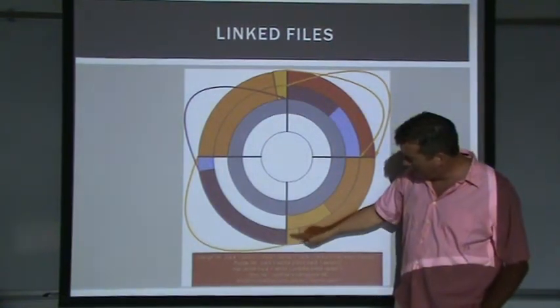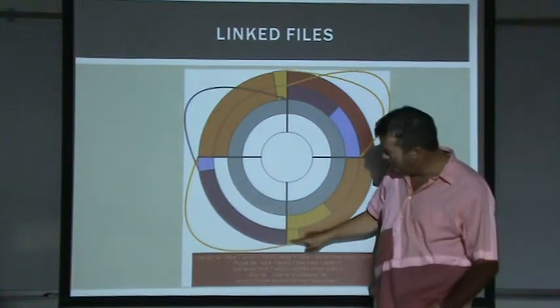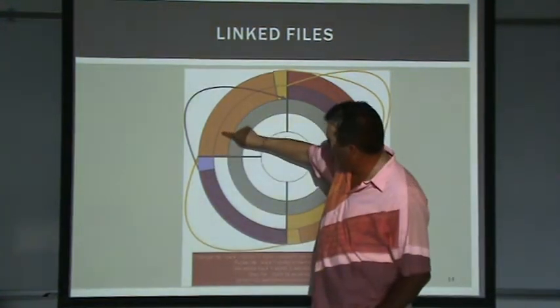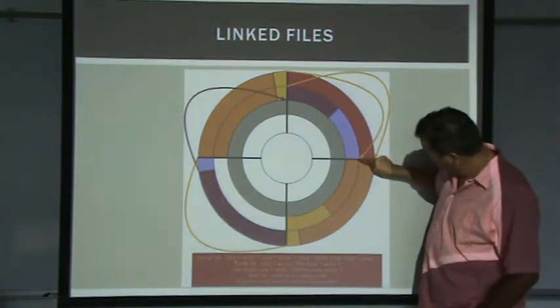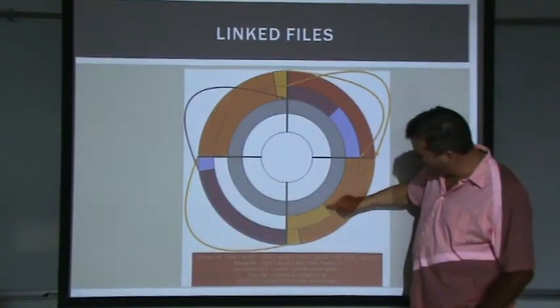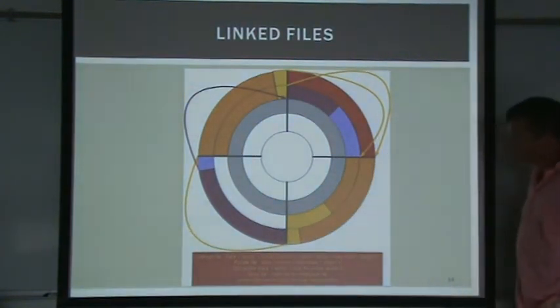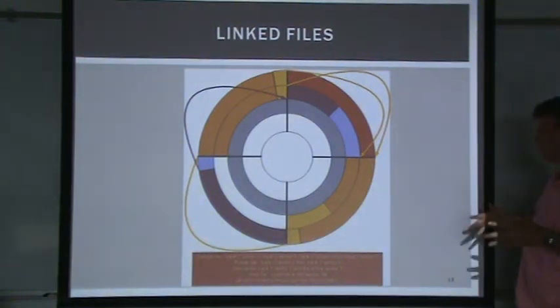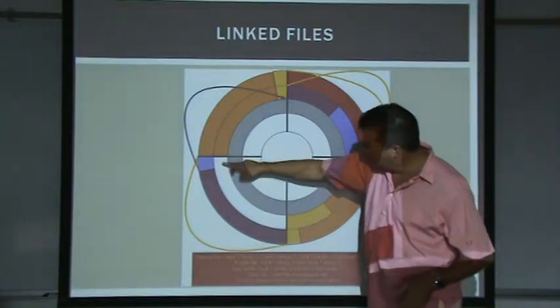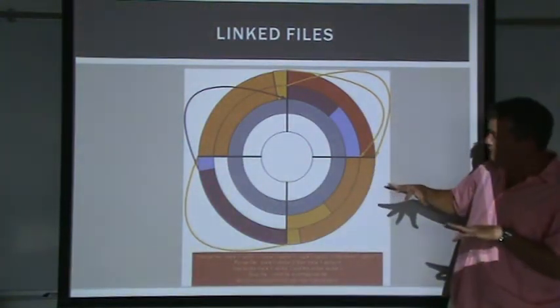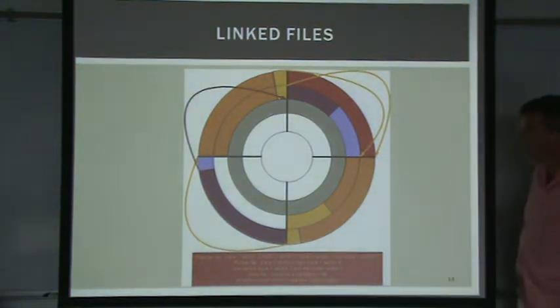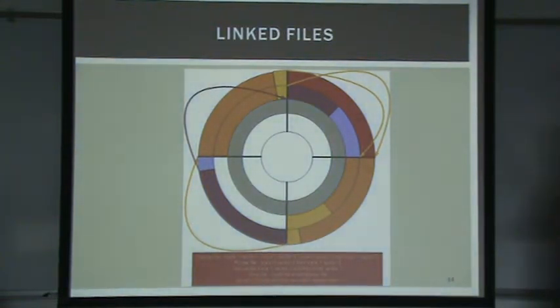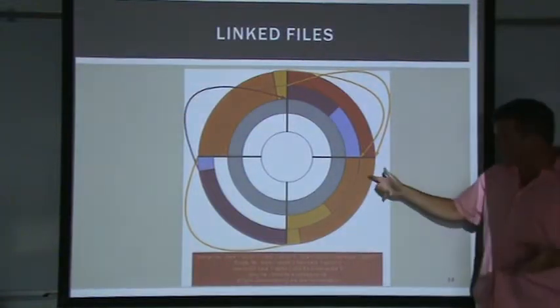And then there's a pointer, we have to waste some space that's not really part of the file to tell us that the next part is over here. And then we read along here, and then we have a pointer to the next part, which is here. And then we start reading through the file, and then some random amount of that sector is wasted space. So everything in the lighter colors, this lighter color and the lighter purple, is space on the disk we're willing to give up just to be able to have the file managed this way.